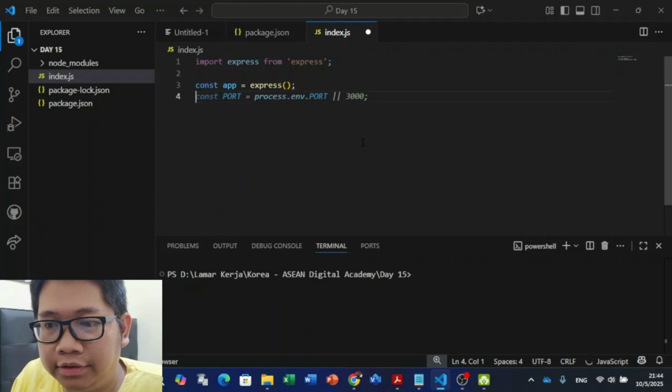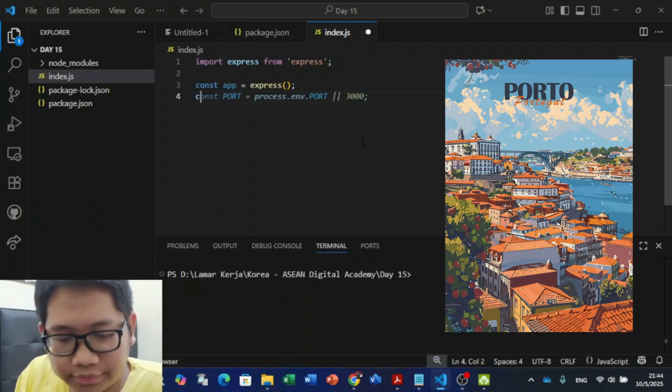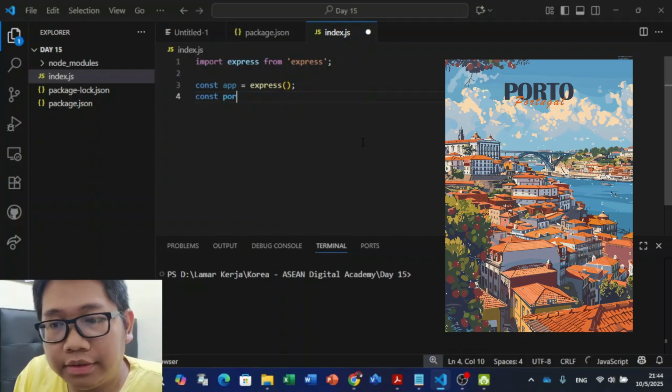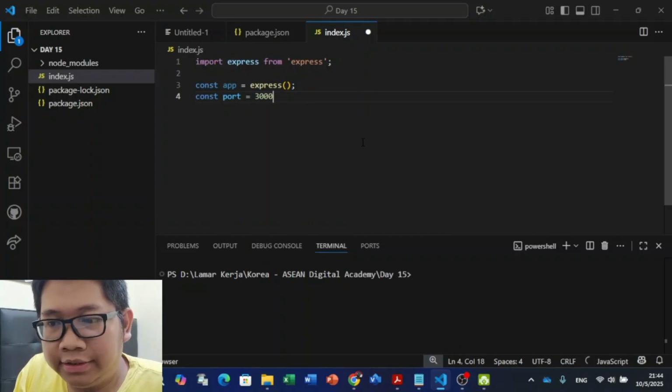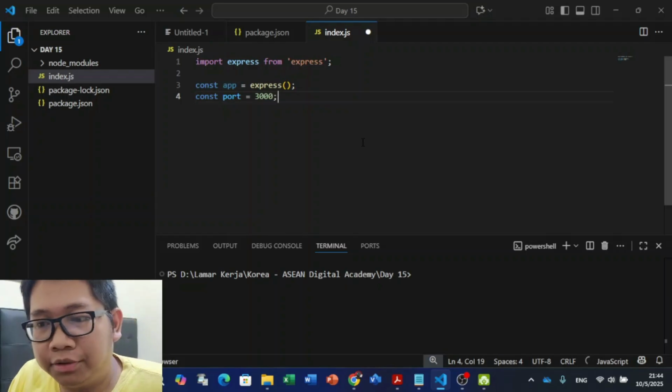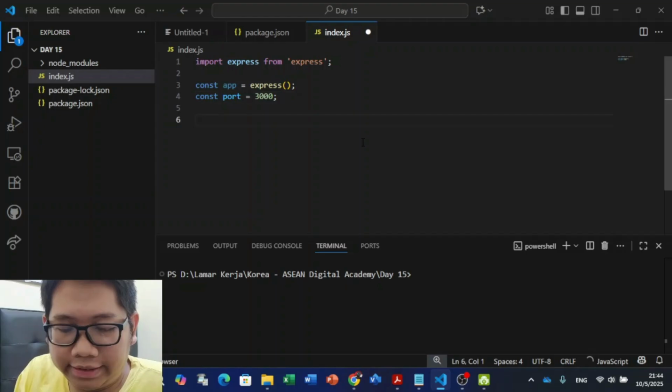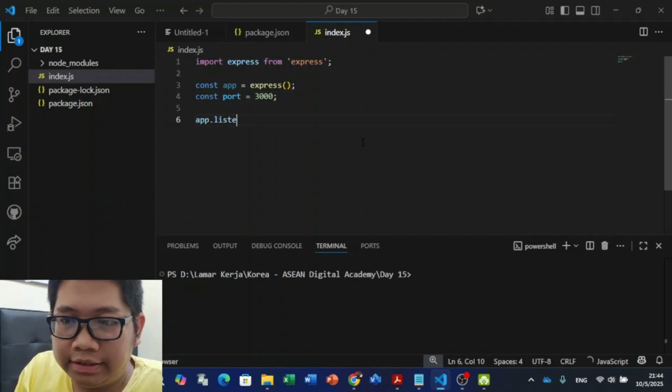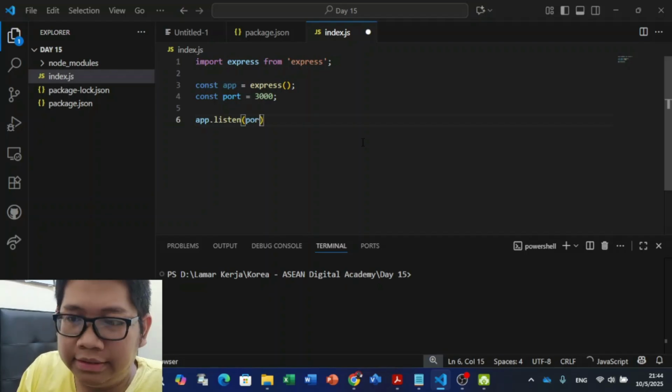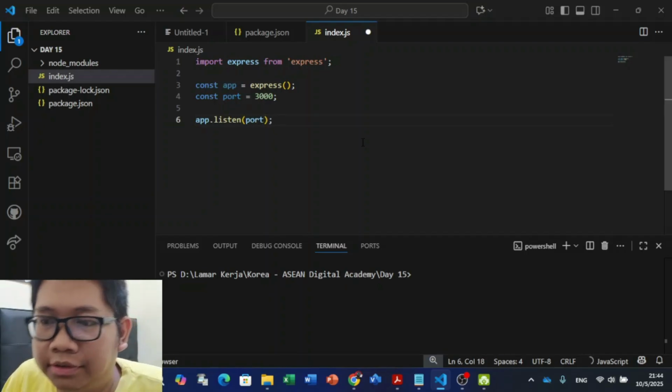And also don't forget to define the port. For now, we will use port 3000. And then don't forget to make express listen on the port.